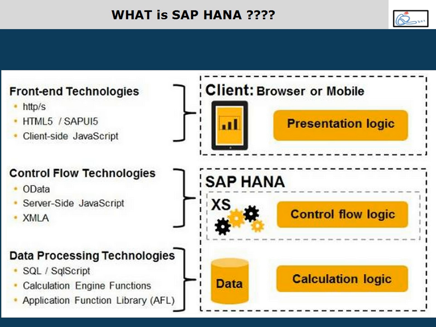That's the target. So here, as part of application development, there will be two things: native development and non-native development. When you say native development, you use frameworks delivered by SAP like UI5, OData services, JavaScript or XML for services, and if you use SQL script, CE functions and AFL, then we call that HANA native development. But if you are developing a project with ABAP as a front end and HANA as a back end, then it is non-native. If you use ABAP, Java, C++, anything as the front end, and for the back end you're using HANA, it is non-native application development.